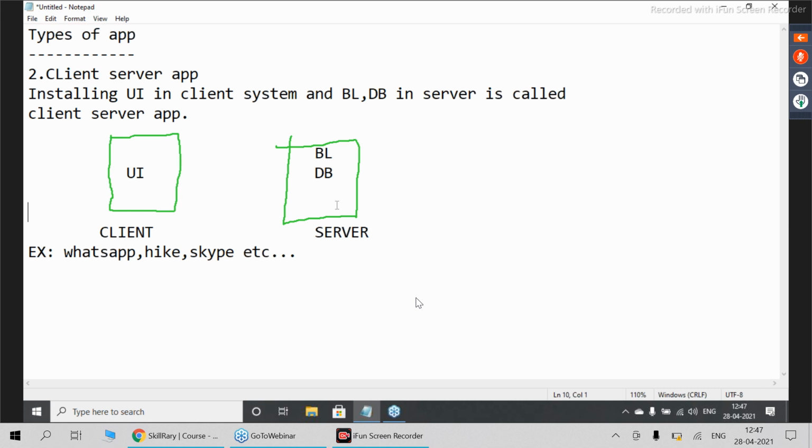Do browsers like Chrome and Mozilla Firefox come under client-side applications? No. That will not come under client. That comes under